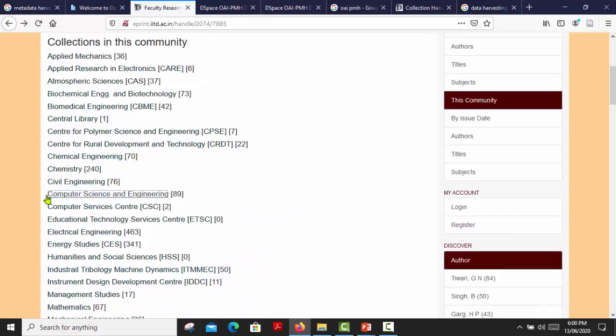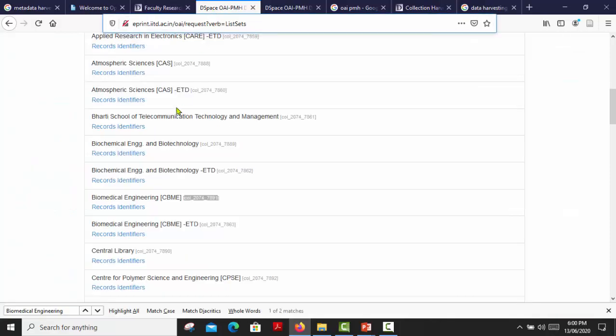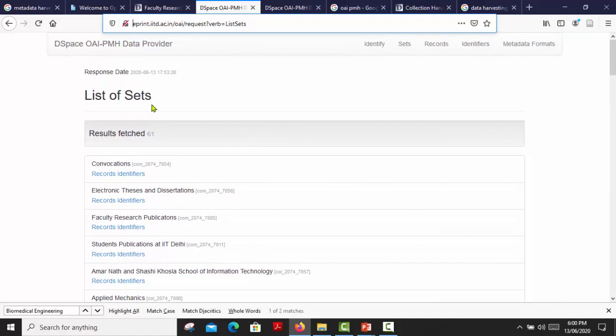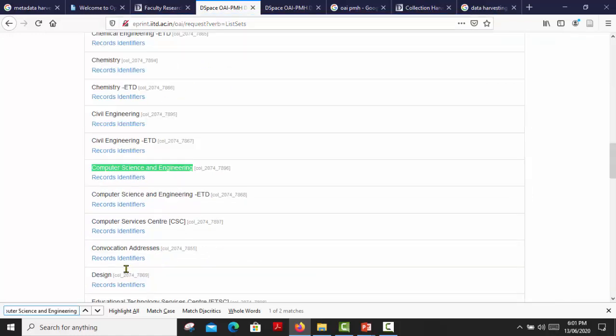Okay, I'm just copying it because I have to search this collection ID. So I am going here again to this list of sets, and I am finding here computer science and engineering. Yes, I got it.